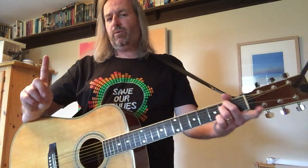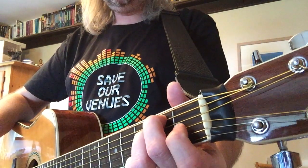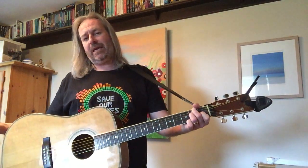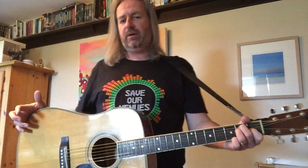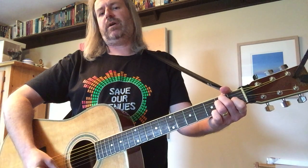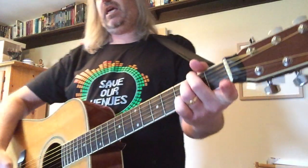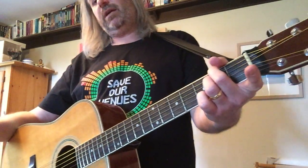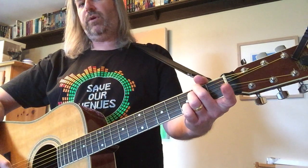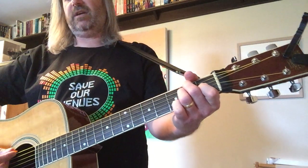The reason why we want to use those two fingers, because this finger, if we bring it in and if we play the third string at the first fret, we suddenly play a different chord. We play E, or E major, just the root chord of the E family. Okay, so we have E, and if we take off that finger, suddenly we have E minor. Now, because it's only two strings, that's why it's a good chord to start with. But what you can start to practice is strumming there, and then put in your first finger,